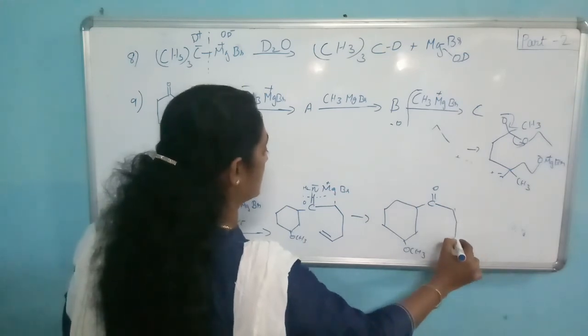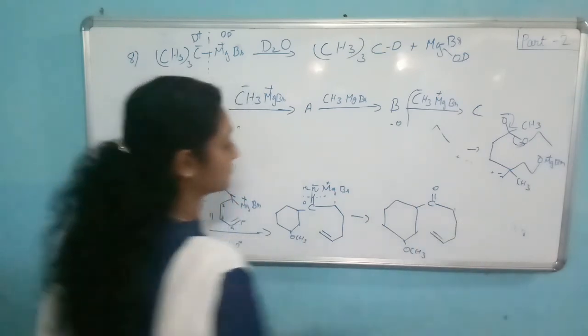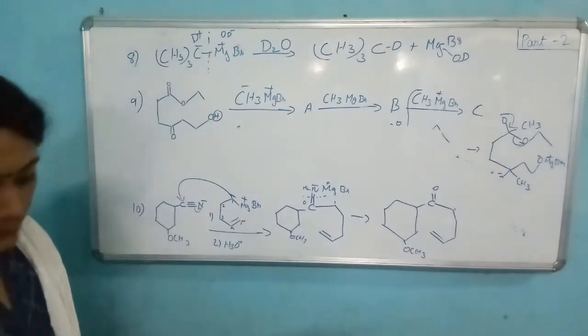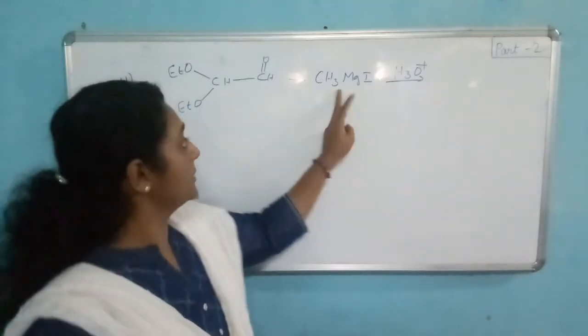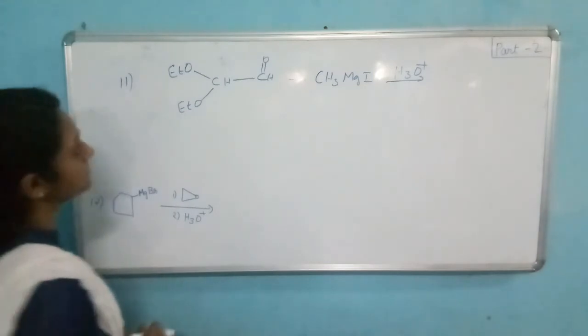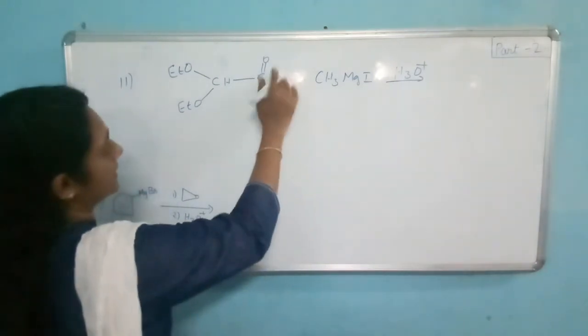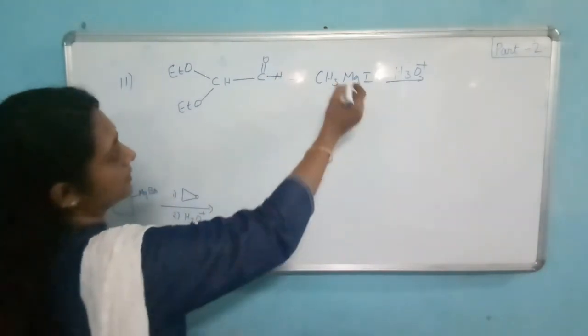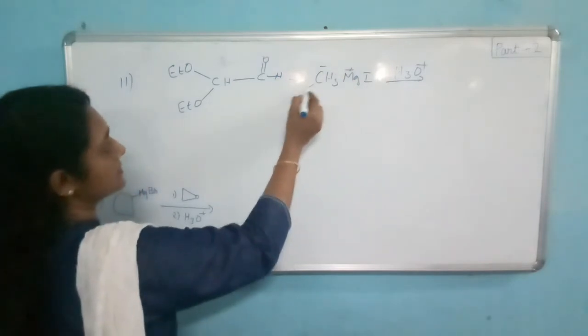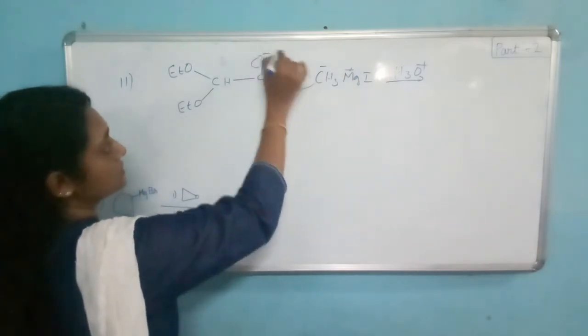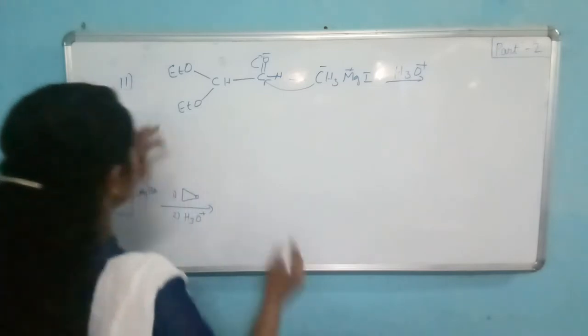Okay, this is the product. The first step is addition of Grignard reagent. This is an aldehyde. Mg plus CH3 minus comes and attacks the carbonyl carbon, the oxygen gets a negative charge, and we get